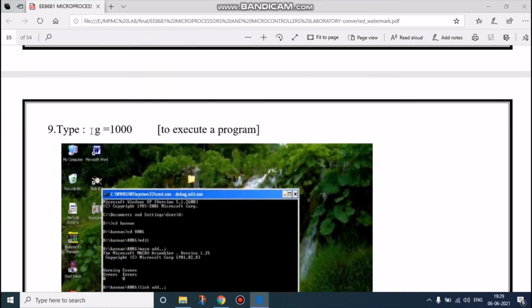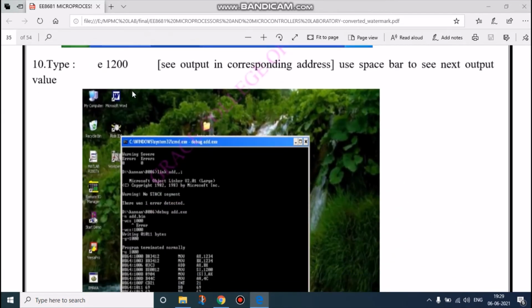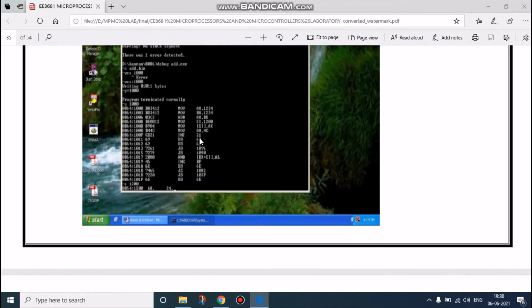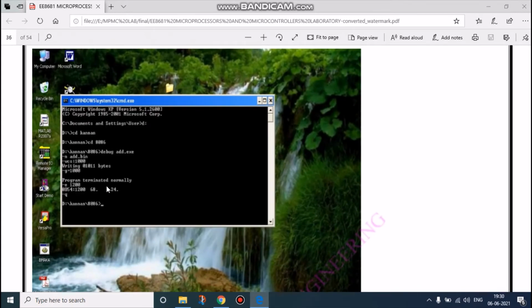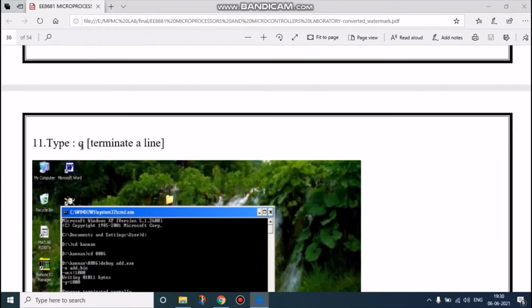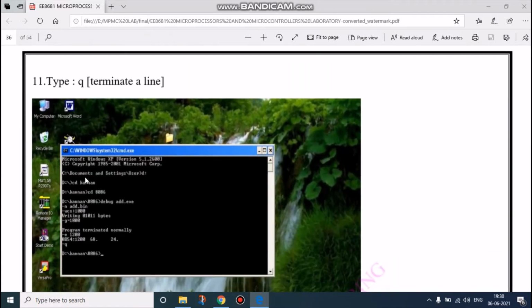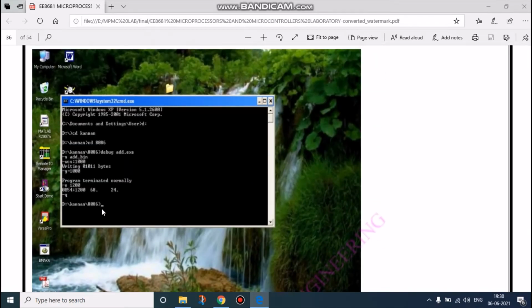Then to execute the program we type G=0. Then to see the output we type the output address. Then we can get the output of the keyboard key which we pressed, and for terminating a program we type Q, and it will quit our program.